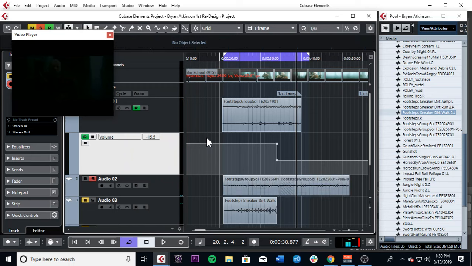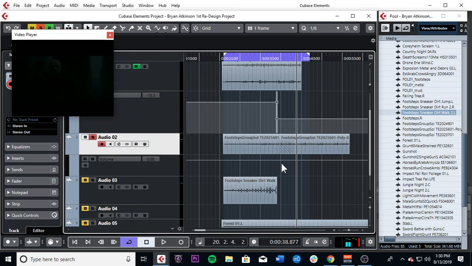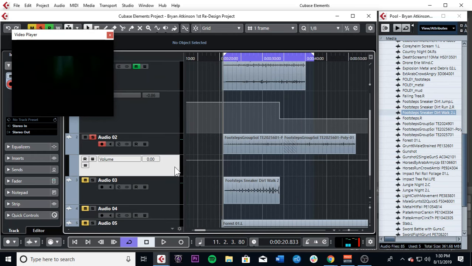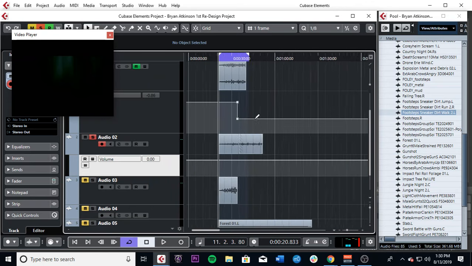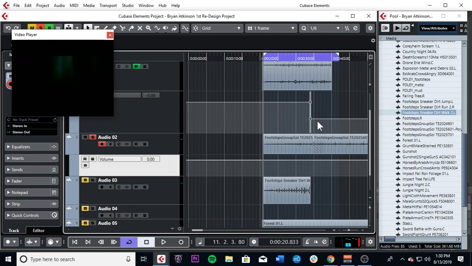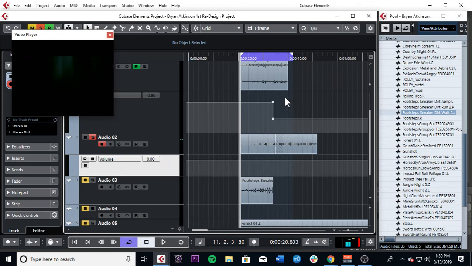So what I want to do is copy this. Let's see if this will work. So right click, show automation. Now if I paste it here, Control V, did it do it? You know, it did. My goal for you is to try to figure out how to copy volume automation to this track. Okay, but for right now,